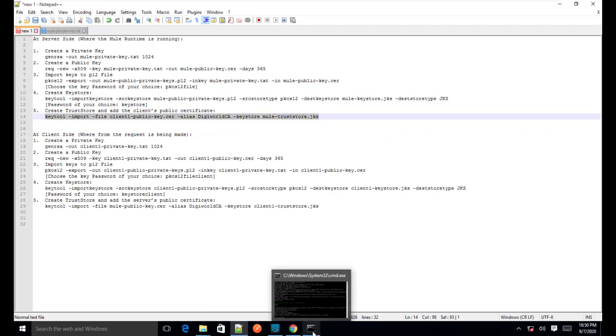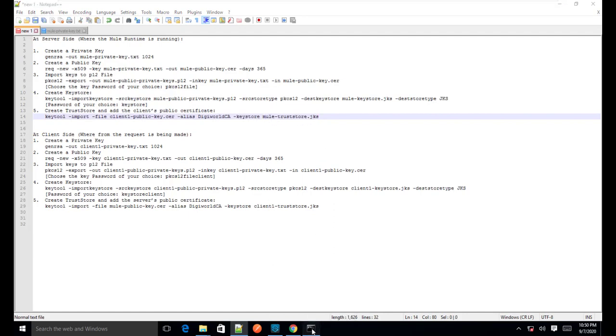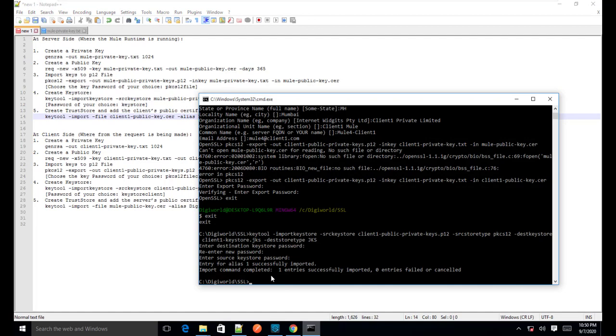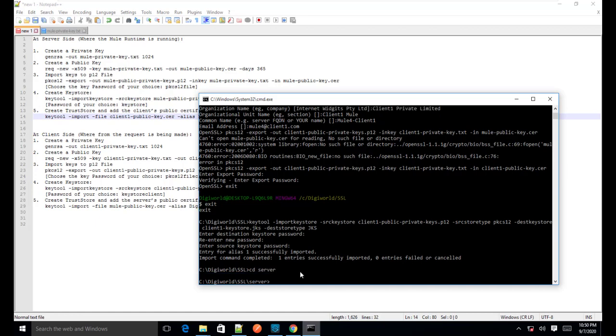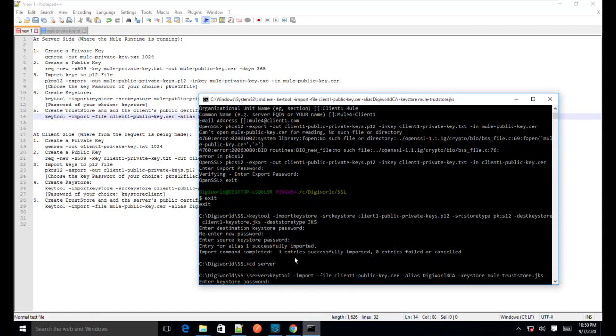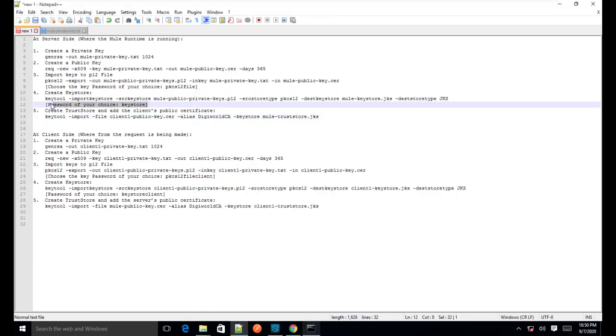Now I will use this command to import that certificate to the mule-truststore.jks file. Okay, so let's change the directory to server, and now I will apply this command, and as you can see it is asking for the password, so I will keep it as trust store.